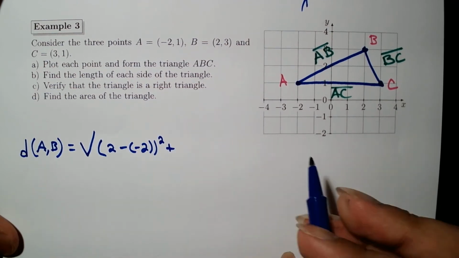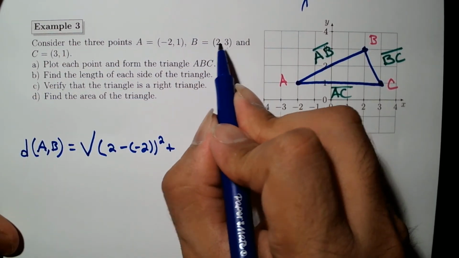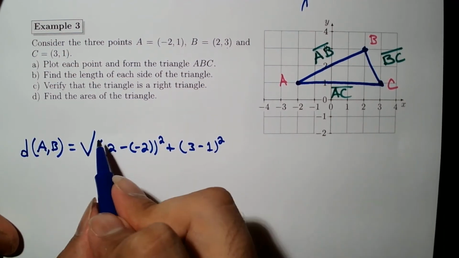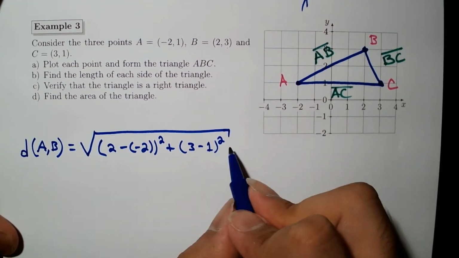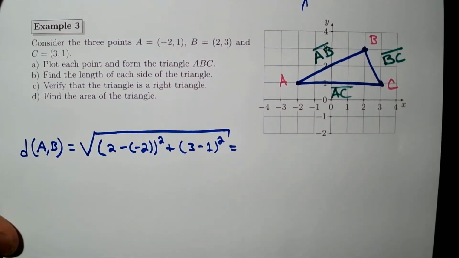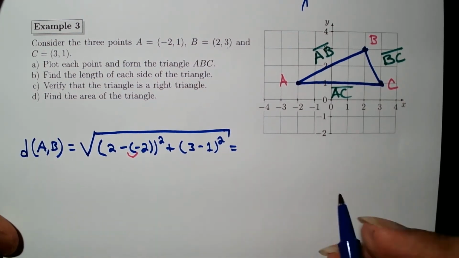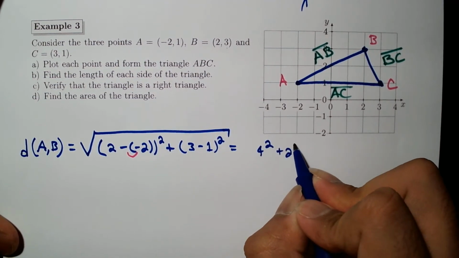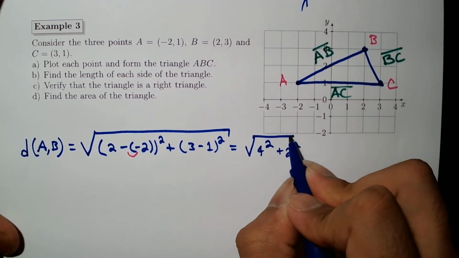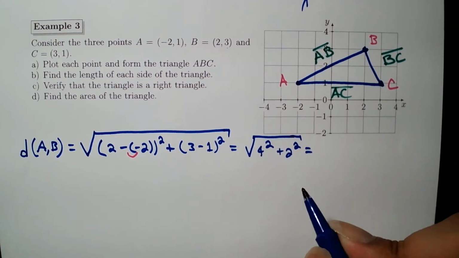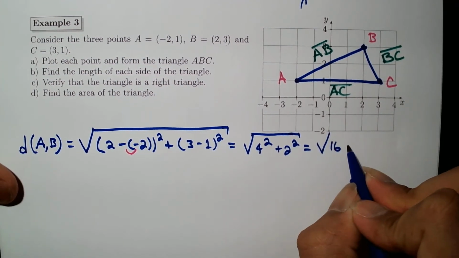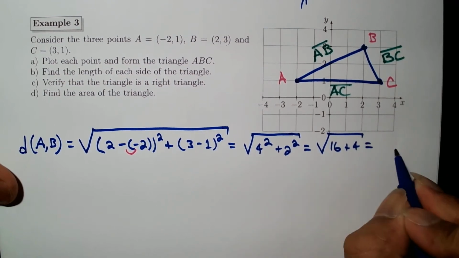Quantity squared plus y2 minus y1, in this case 3 minus 1, quantity squared. You might want to use the smile rule here: minus minus turns into a plus. So 2 plus 2 gives us 4 squared, 3 minus 1 is 2 squared. Simplifying this, we get 16 plus 4, which is going to be the square root